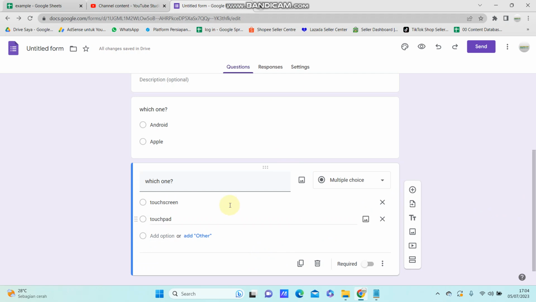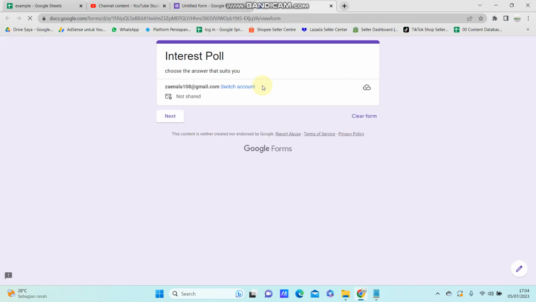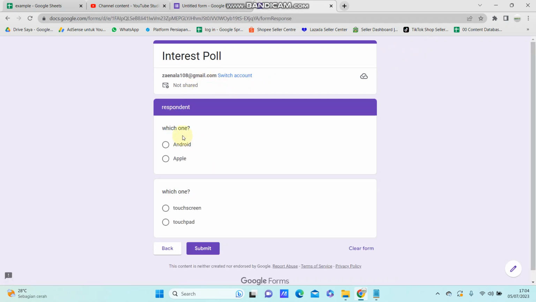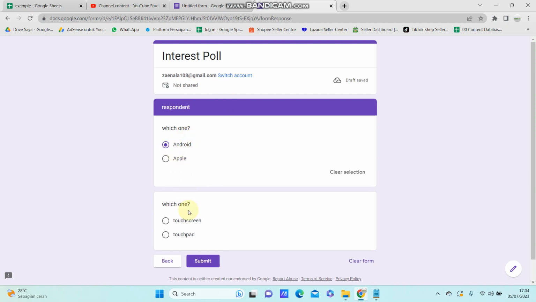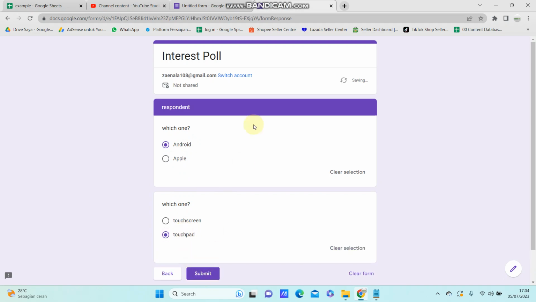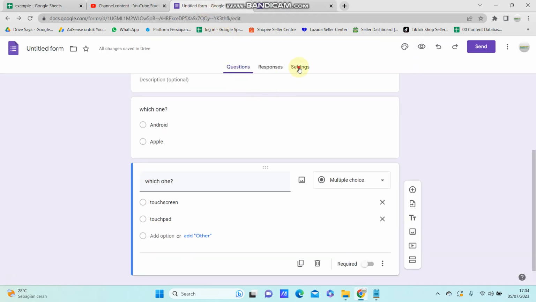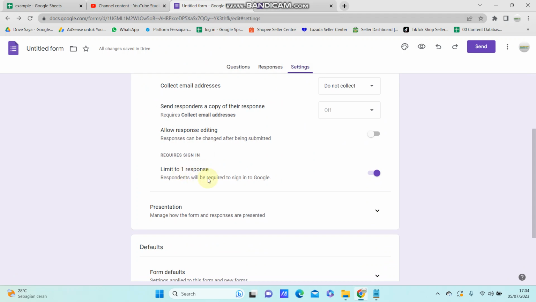So after you're done, you're just going to select review to see the result. So the respondent just selects the answer and then clicks submit. So you can go to settings,